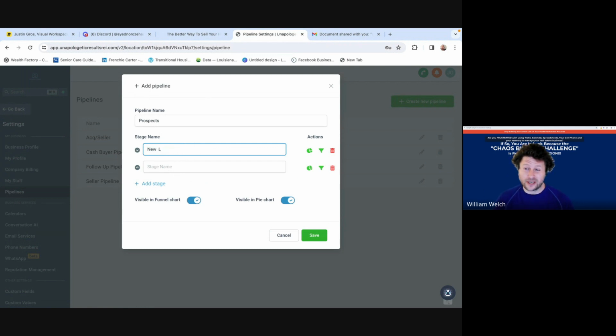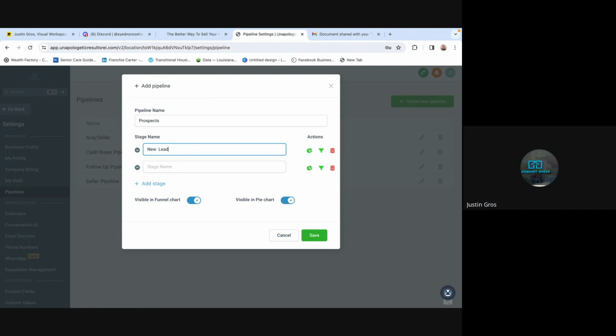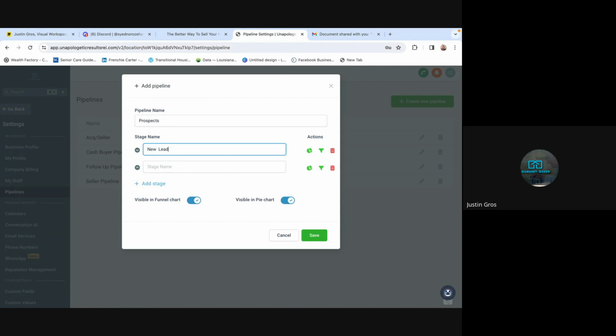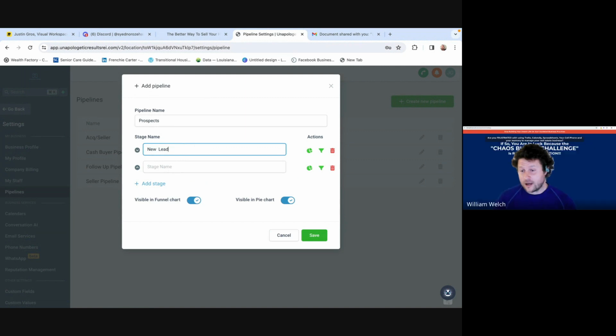Well, I guess your new lead would also be needs to knock. I don't know. Is there any place that it would go where it wouldn't go from new leads to needs to knock? Is there any reason it would be disqualified before it goes into needs to knock? No. Okay. And then maybe if it's vacant, right? That's a new pipeline. I'm thinking.